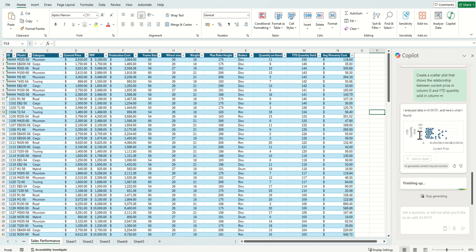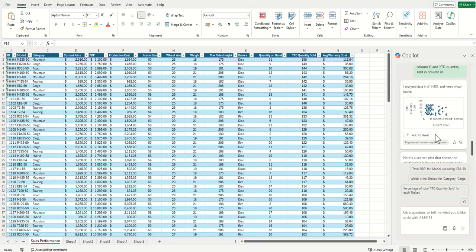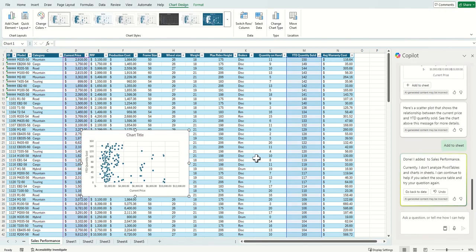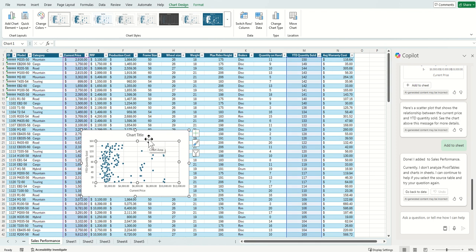So there you go. It's created me now a little bit of analysis here. Again, I can choose to add that to the sheet to actually see this in a bit more detail if I wanted to. So you can see here